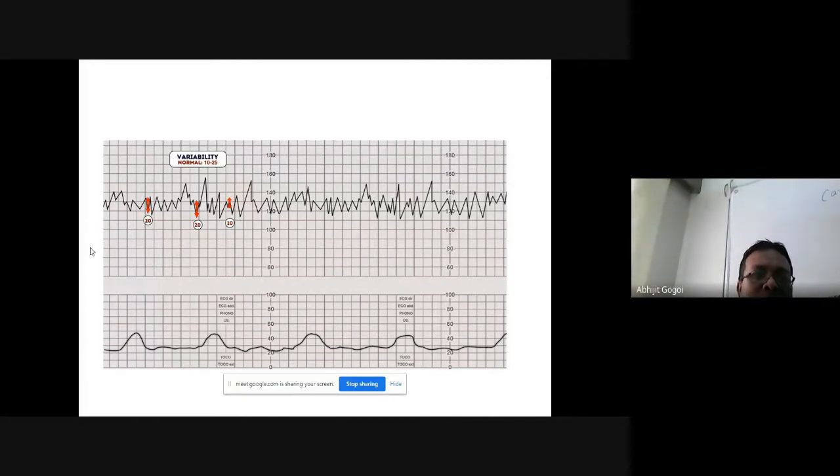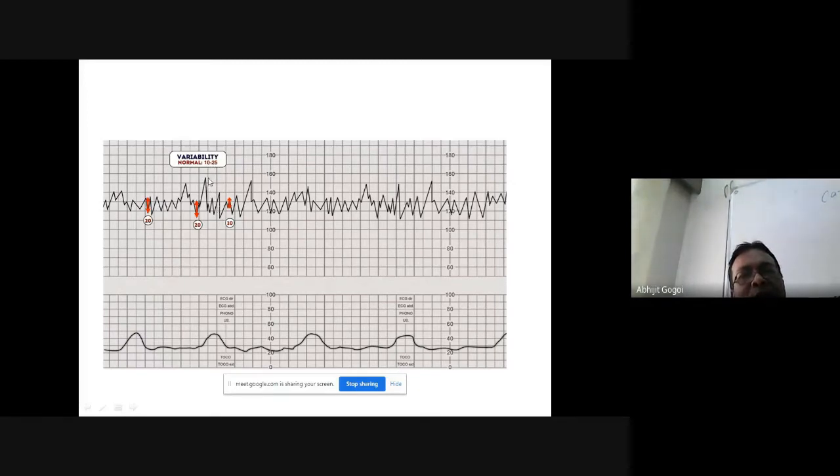So how much is the variability? How much is it changing? Find the highest peak. This is at 150. You can see this is 140, this is 150. The peak is at 150 to 153 like that. And find the trough. The highest is the peak, the lowest is the trough. The trough is at 120. Or the lowest trough of the whole CTG is at 110. The lowest trough is 110, the highest is 150.